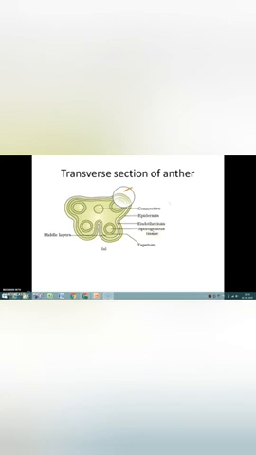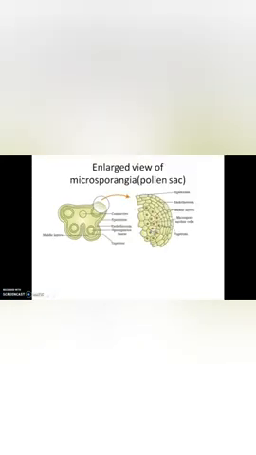When the anther is young, a group of compactly arranged homogeneous cells called sporogenous tissue occupies the center of each microsporangium. I will show you one more diagram. So in this diagram it is very clear. As the anther develops, the cells of sporogenous tissue undergo meiotic division to form microspore tetrads. Each of the sporogenous tissue cells is capable of giving rise to a microspore tetrad. That means each one is a potential microspore mother cell or pollen mother cell